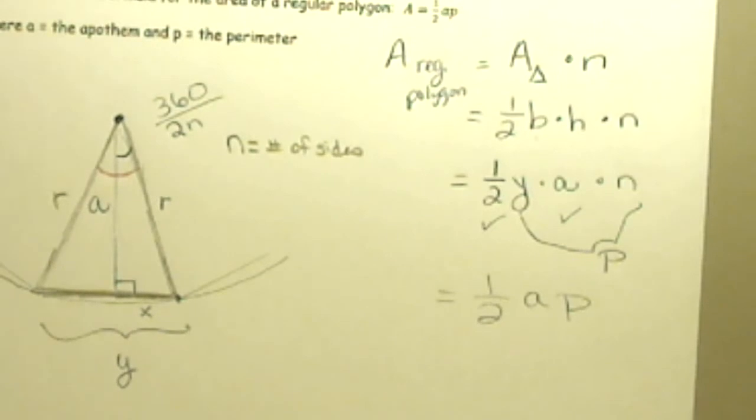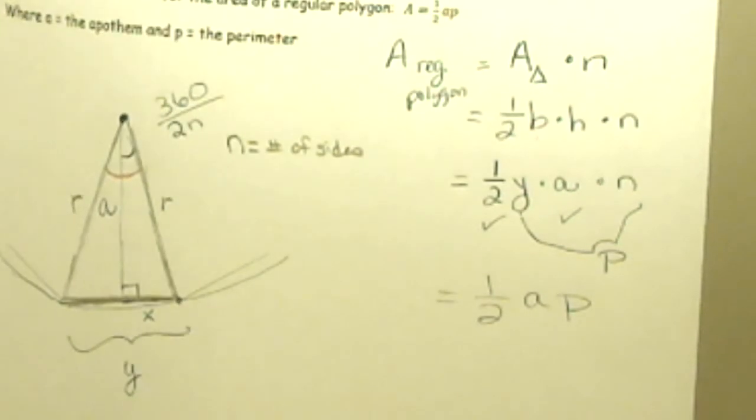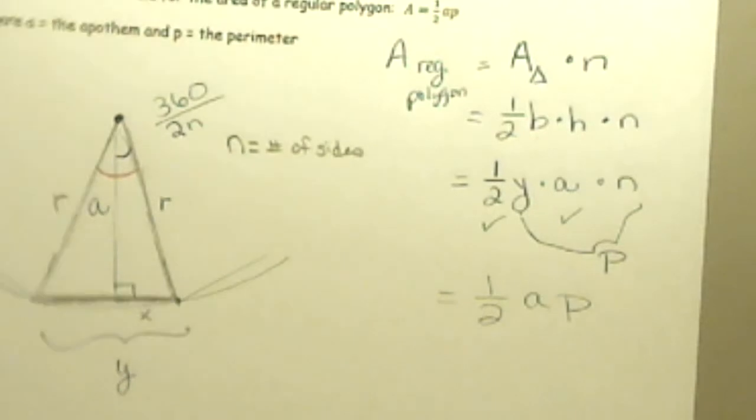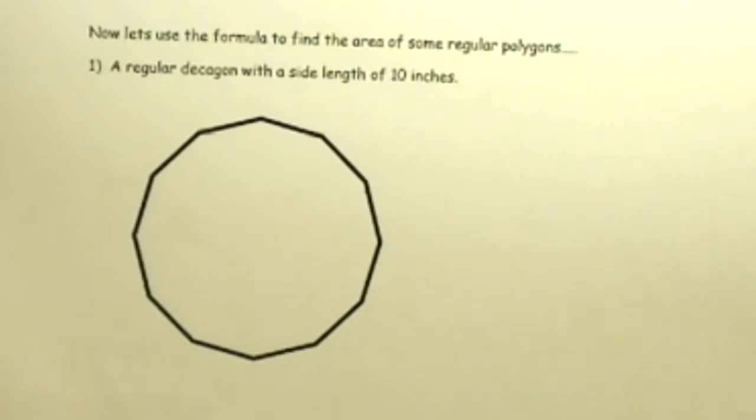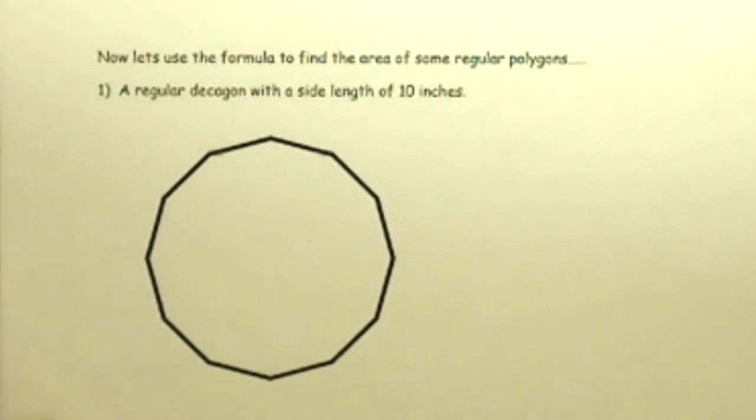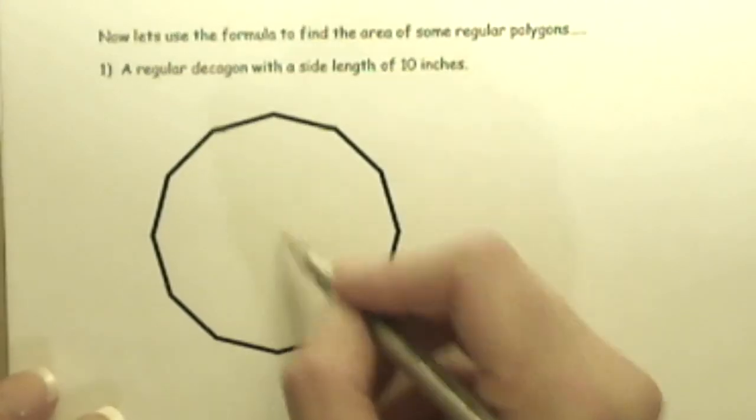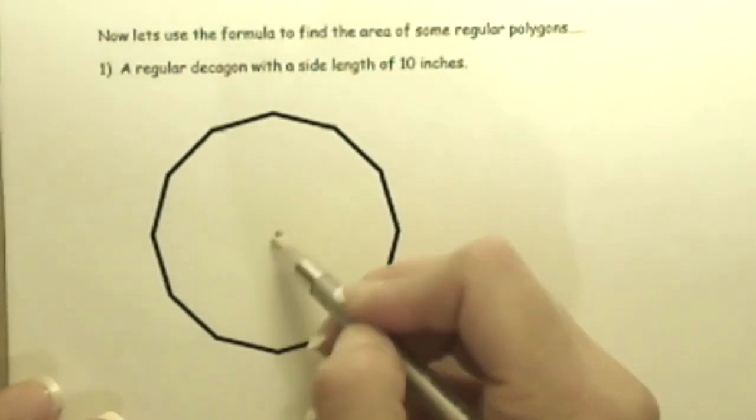So let's put this to practice. I have a couple of examples here. Actually, I have 3 examples. So the first one, we have a regular decagon with a side length of 10 inches. I actually got a picture of a regular decagon. So if I look at that regular decagon,